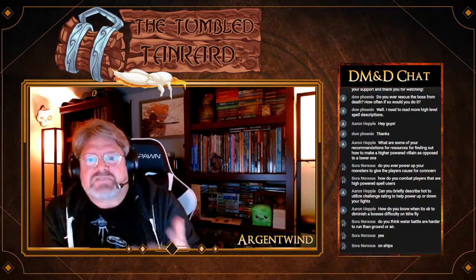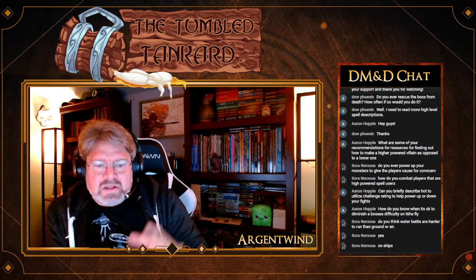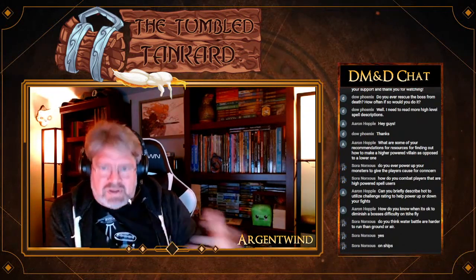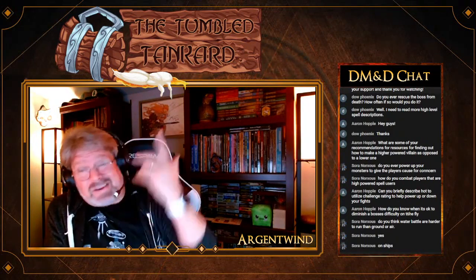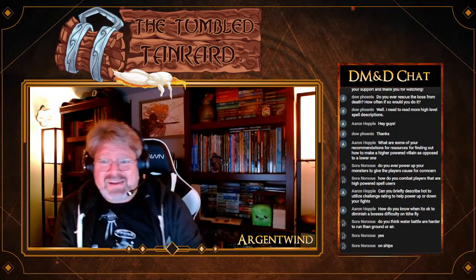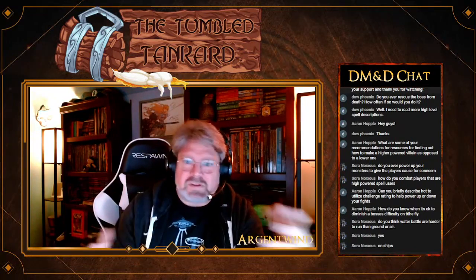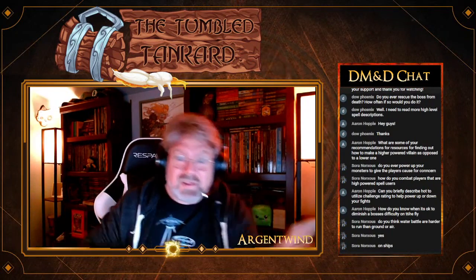Any change of environment makes for an interesting, dynamic battle compared to a previous one, and it's fun to mix it up occasionally. So you have times when you're on ships, times on airships, times flying through the air, or just duking it out on the ground. And again, it depends on your campaign. If you're talking about a high-level campaign, flying through the air is completely feasible as a means of combat, whereas being on ships can happen at any level.